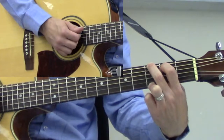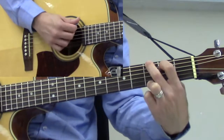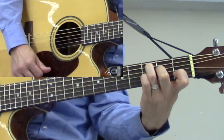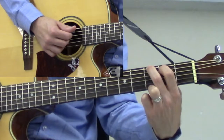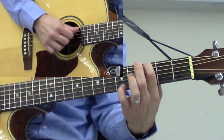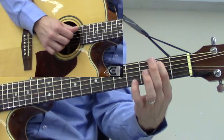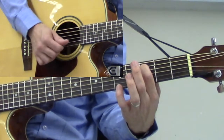Okay. I also included a little thing that says bass walk up. So when you go from a G chord to a C chord, there's a nice little walk up that's going to sound really cool and also get your hands in position. The walk up goes 3rd fret on your 6th string twice, then open 5th A, 2nd fret on the A, which is a B note, and 3rd fret. So the sound is,